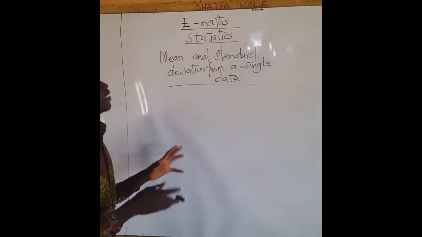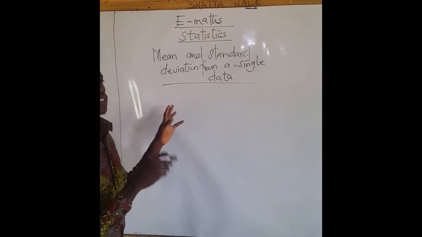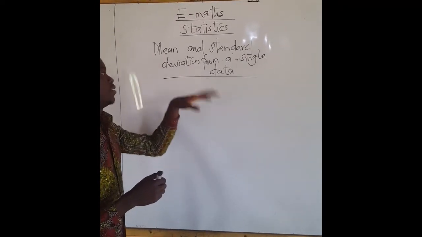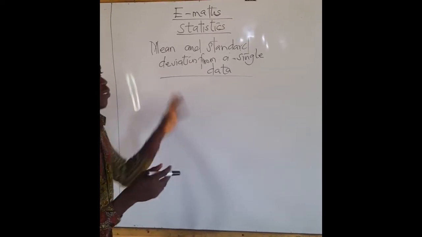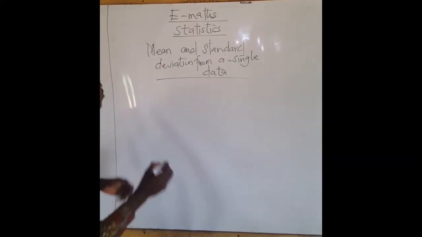Today we are taking IMAS statistics for Form 3, and under the statistics we are going to take type 1, which is mean and standard deviation from a single data. So let's try our hands on a couple of questions on this type. Okay, so our first question will be